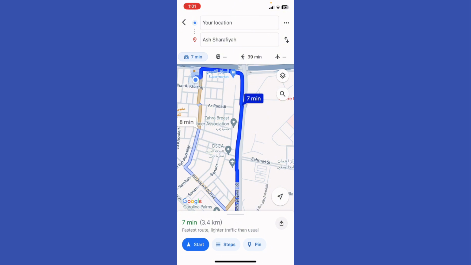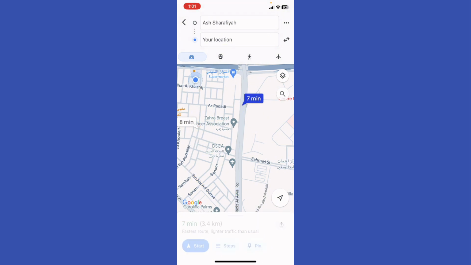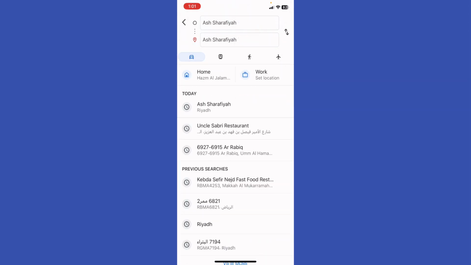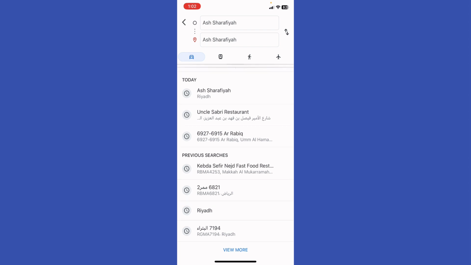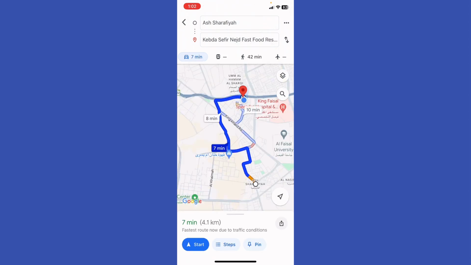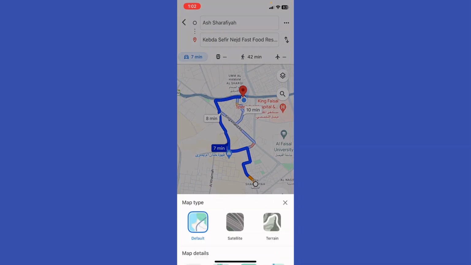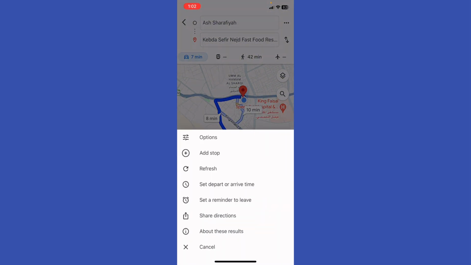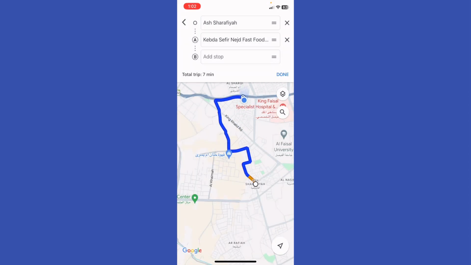So basically the same goes for another location. If you want to add another location, let's say for example this location, right? And if I wanted to add another location, just like this one, right? And if I wanted to add another layer of location, right? Let's say for example I want to click the three dots and I'm gonna just add a stop right here,